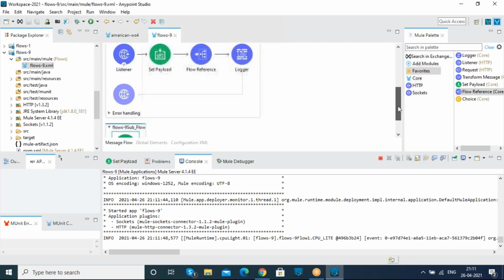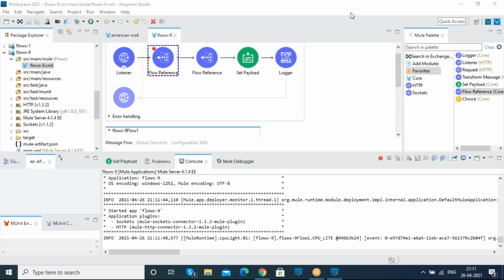Okay. So guys, are you having any doubts in this main flow, private flow and subflow? How it works? And whenever we are having a number of payloads in a flow, how we can pick the previous payload by having the end payload? Radhika and Ram, are you having any doubts in these three flows? Mahesh, no. Okay.